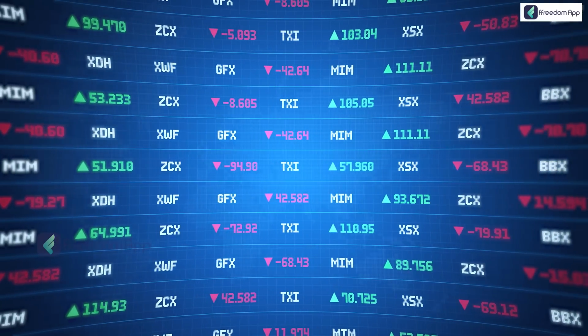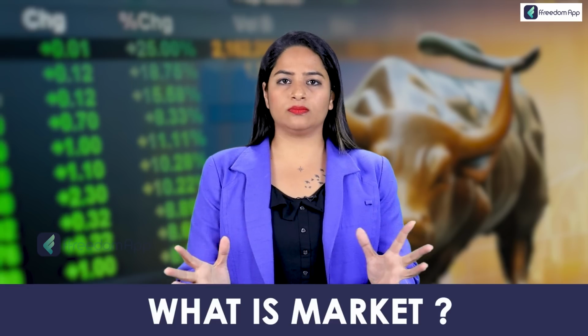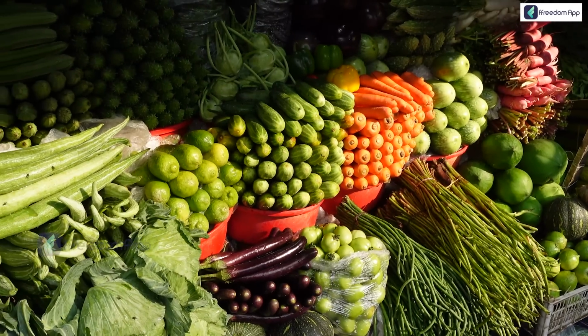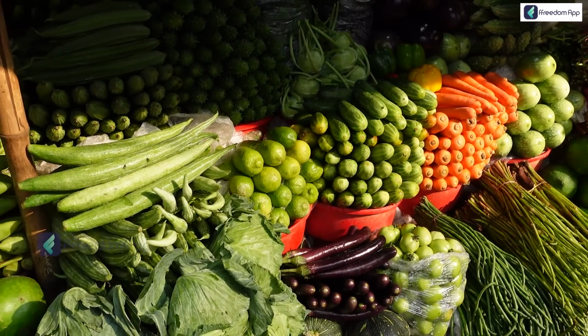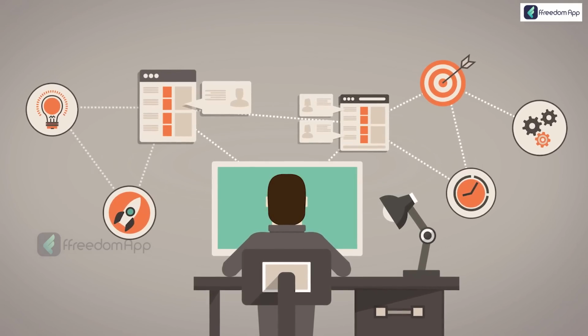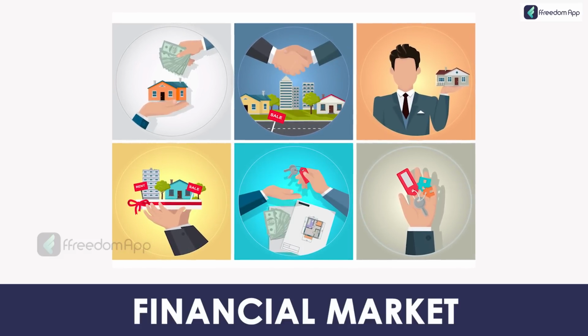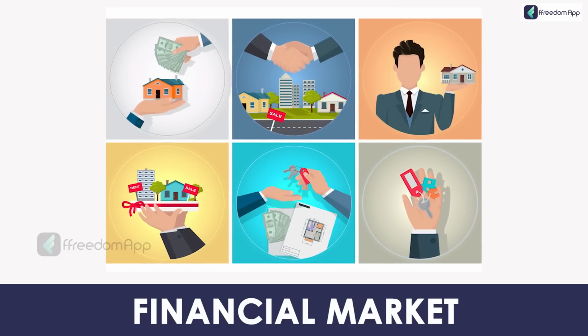First, we have to understand the stock market is a part of the financial market. Let us understand what a market is. We all know when we go to a vegetable market, what do we do there? We give cash, we take vegetables. There's an exchange happening here, which is sales and purchase. When it comes to the financial market, financial products are sold and purchased. So sales and purchase happen here also.